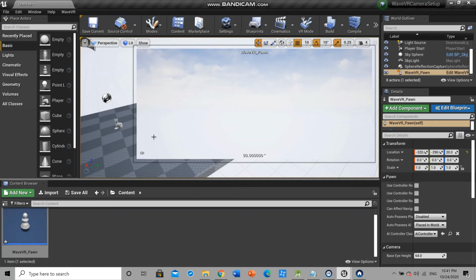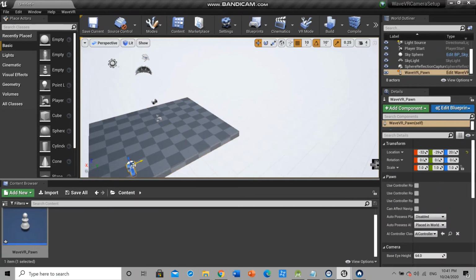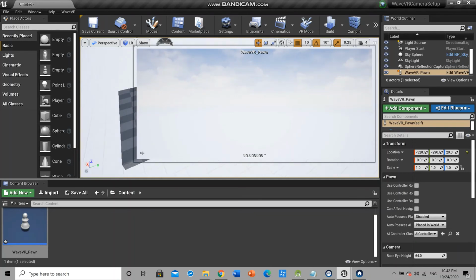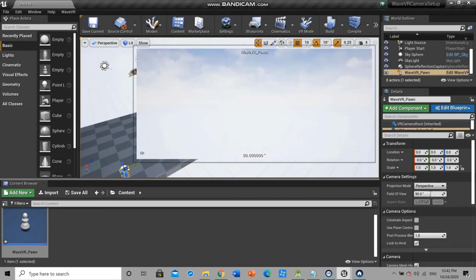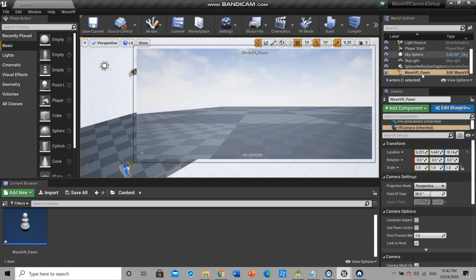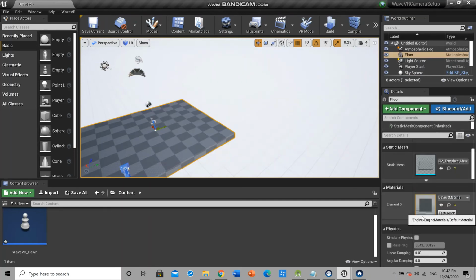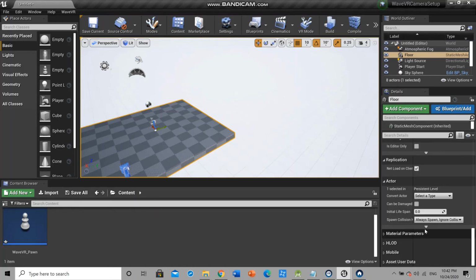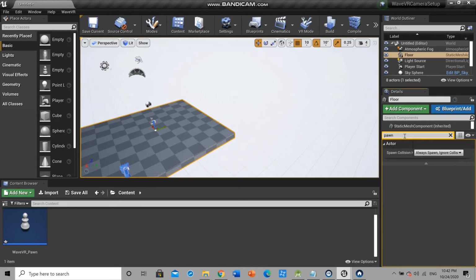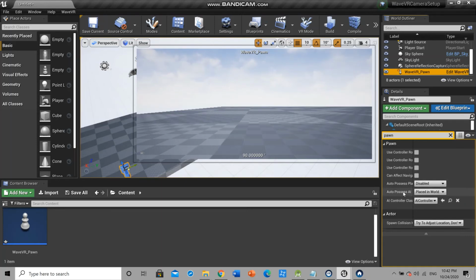Make sure the camera is placed close to the ground. Okay, so yeah, good. Now from the world outliner, select VIVE VR pawn or this one, okay, and then go to pawn. Oh no, I just select this one here, pawn, and then change auto possess player to player 0,